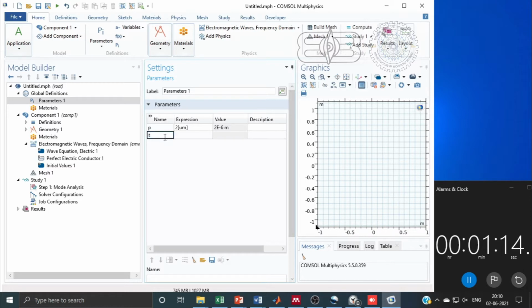Similarly, we will enter all the initialized parameters, that is TPML for our proposed design, 1.75 micrometer. D is the radius of the air hole.